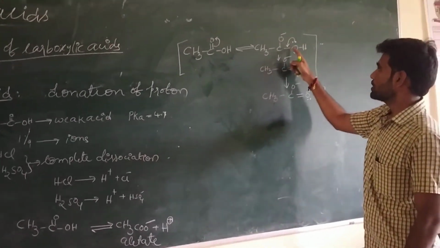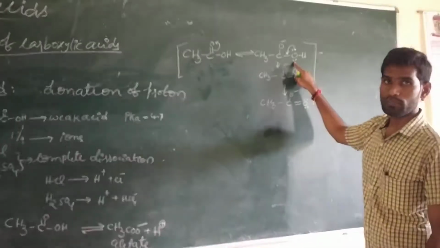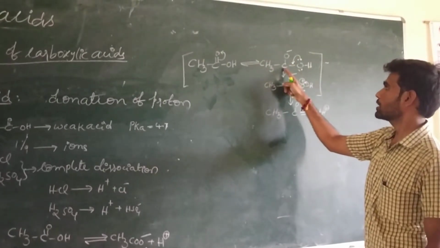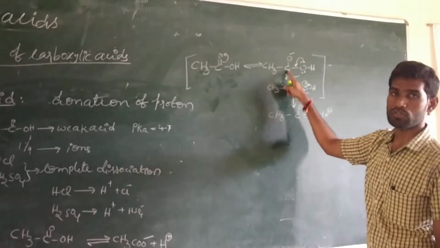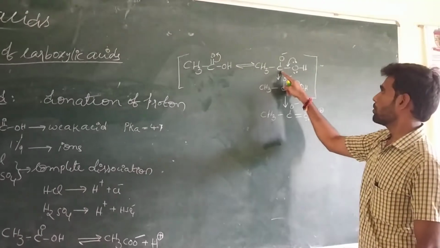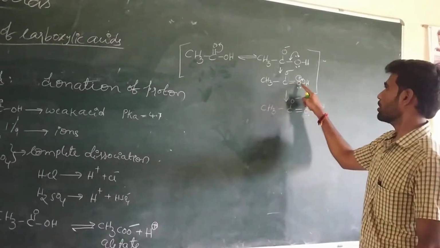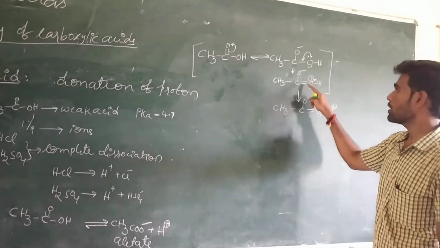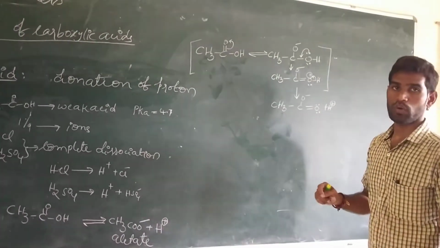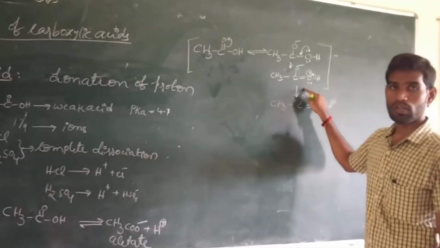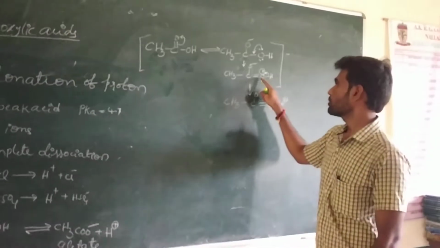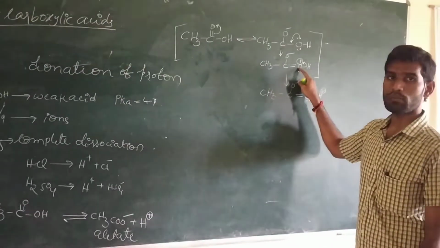Adjacent to this carbon atom we have an oxygen atom, and this oxygen has 2 lone pairs of electrons. One lone pair is shared with the carbon atom because carbon has the positive charge. So a bond forms between the carbon and oxygen, and the oxygen, having 3 bonds, gets the positive charge. Oxygen is more electronegative than hydrogen and can bear a negative charge, but it cannot bear the positive charge.